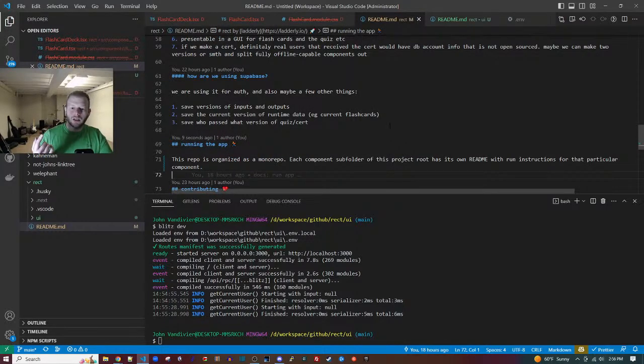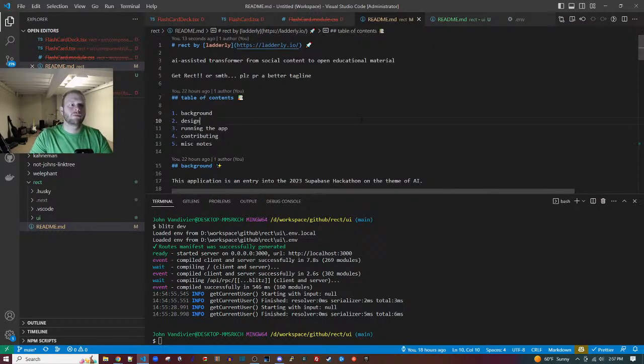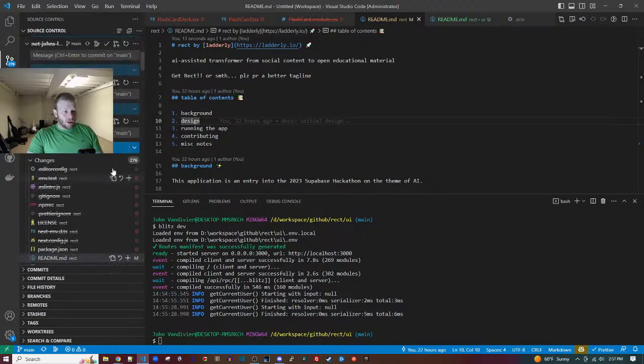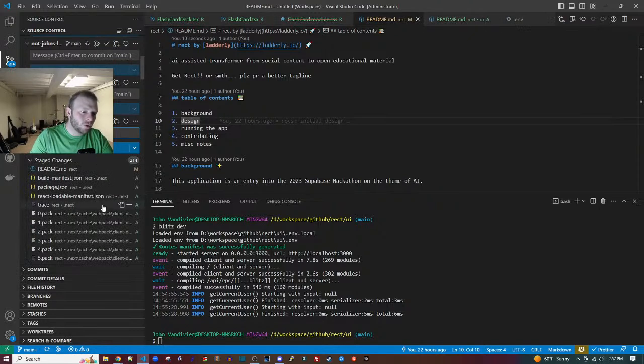Why is it not formatting my README? Bogus. Maybe I need a README Markdown extension or something installed. Okay, so let's stage this, and this is a chore: monorepo style. Whoa, that's a lot. Okay, we're going to need to move the gitignore back up.